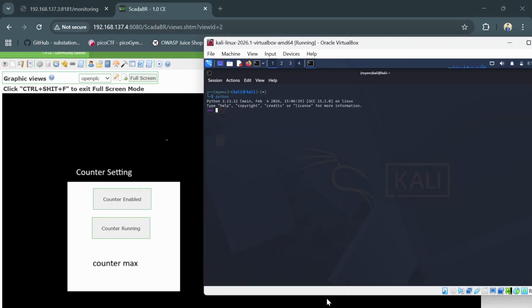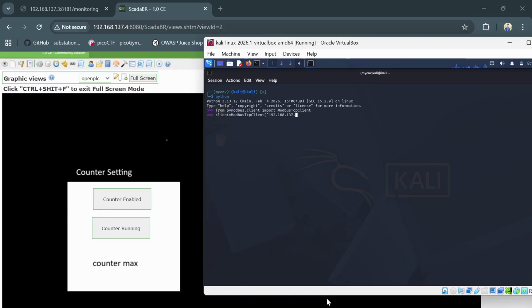Now I'll show you how we can control this using Pymodbus. Now I've started Python. I'll import Modbus TCP client from this Pymodbus module. This function will be used to connect to the remote PLC or HMI screen. So I've now imported this. Now I'll create an object called client. Then I'll connect it using the function Modbus TCP client, and I'll give the address of where the PLC is